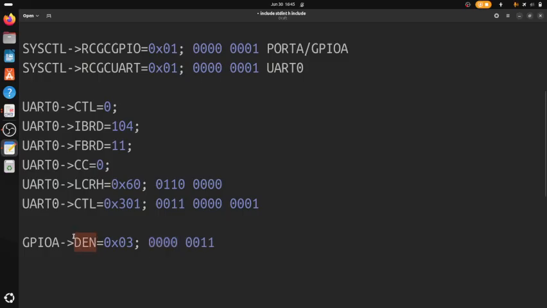But this DEN register is just saying, whatever pins you have chosen for this GPIOA, this bit 0 and bit 1, or pin number 1 and pin number 2, just make them digital pins, because we are using everything digital here and not analog. And then after this,